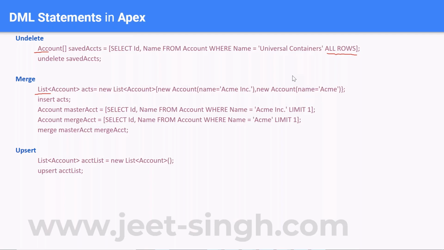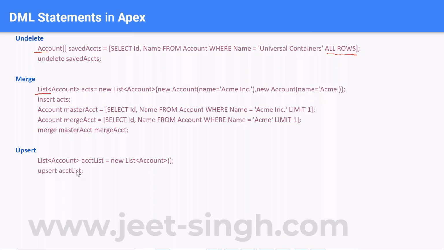If you think of it practically, you will realize that while Salesforce, your Apex or your DML operations are capable of doing upsert based on ID, functionally, if I have the ID, I know that those records need to be updated. Then why would I say upsert? I can simply do update, right? So upsert makes sense if I do not know whether the records are there in the system or not, and I want to check based on some other field, not the ID field, maybe the email field or the website field. I want to use some other field as an external ID.